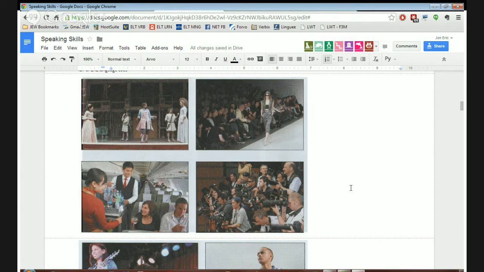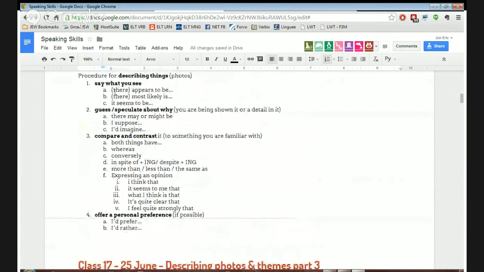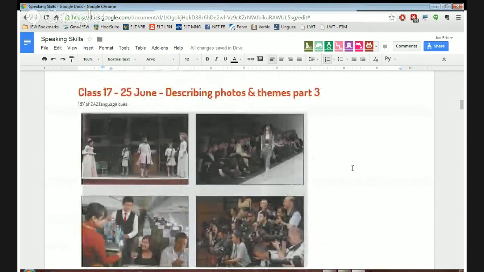And let's make sure that you're using those key expressions. So there appears to be, there most likely is, it seems to be. I think you said it seems to be, right? So if you're saying it, you've got to refer to the picture. If you're talking about the person, you have to say there seems to be. Okay, so you're going to talk about the model.